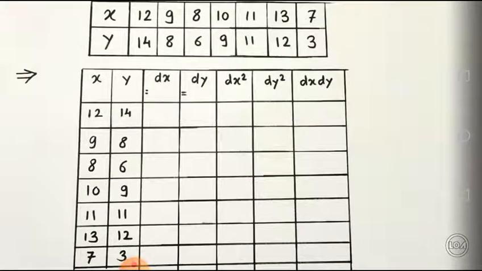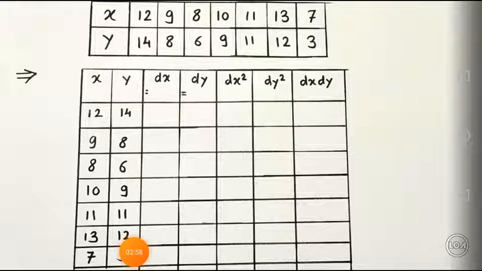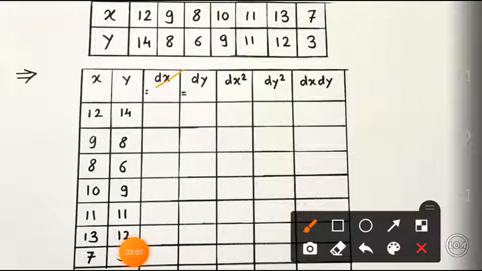While solving this question we need to develop a table. In that table there will be 7 columns. The first column will be x, the second is y, as per the given table of the question. After that we will go for dx, then dy, then dx square, dy square, and lastly dx into dy. Now the question must arise in your mind why we are calculating dx, dy, dx square, dy square and dx dy, and what is the meaning of this d term?